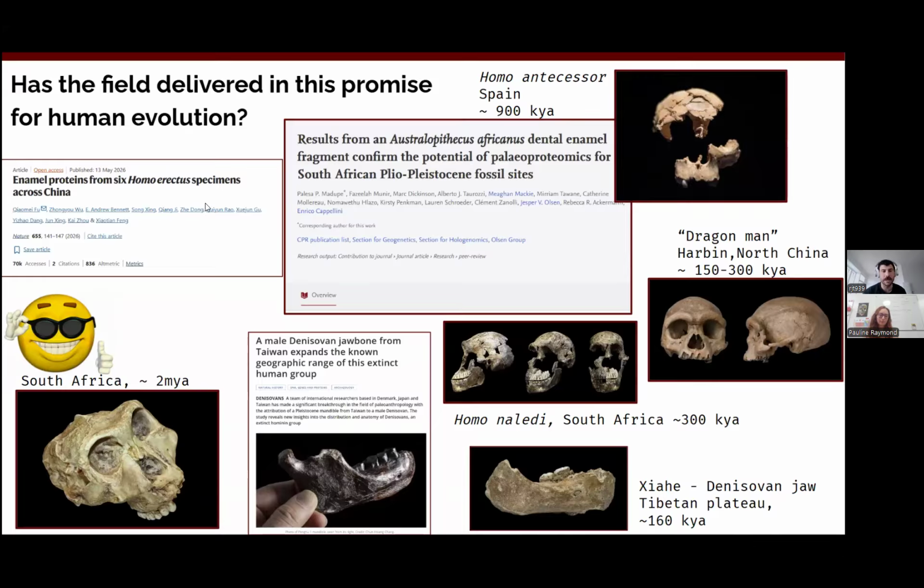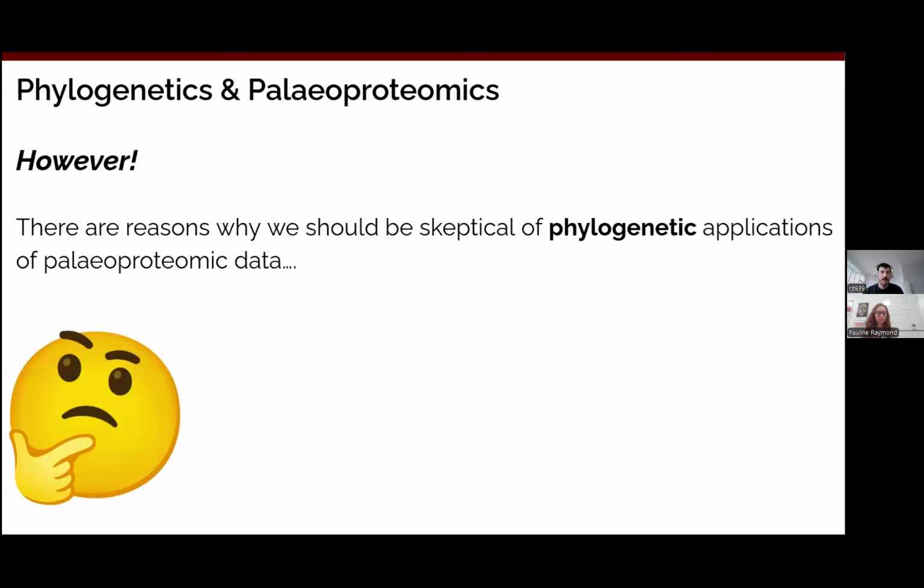I actually had to update the slide a couple of days ago because there are recent arrivals like these Homo erectus specimens from China or the Homo naledi samples that were published a couple of weeks ago. But in a sense, we do get a lot of different proteins from a lot of different samples. However, there are still reasons why we should be skeptical about the application of phylogenetic